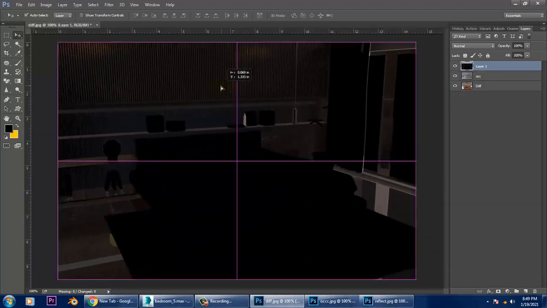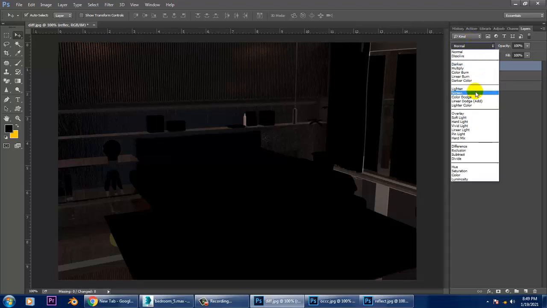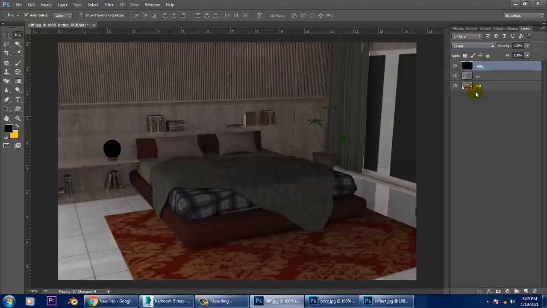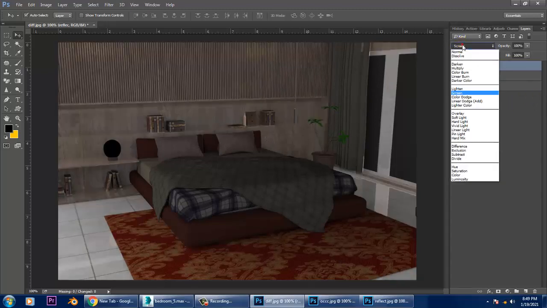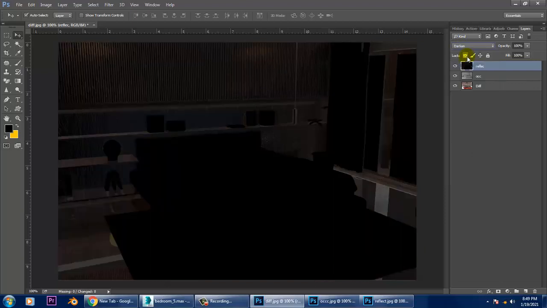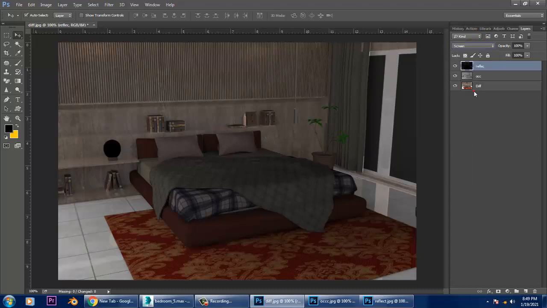For this reflection pass, I'll be using screen mode. You see that I have used this screen mode. If you want, you can check this. We can set it to screen.